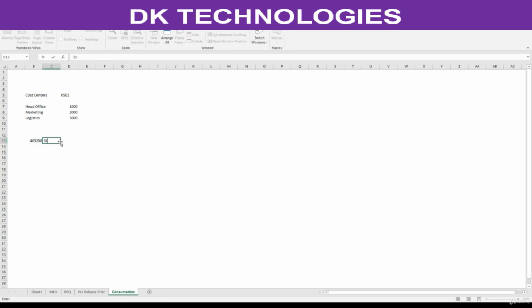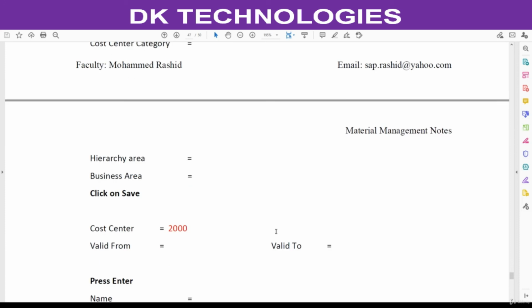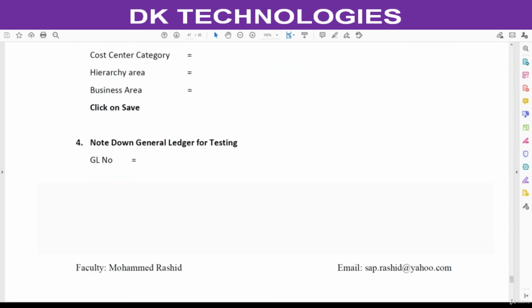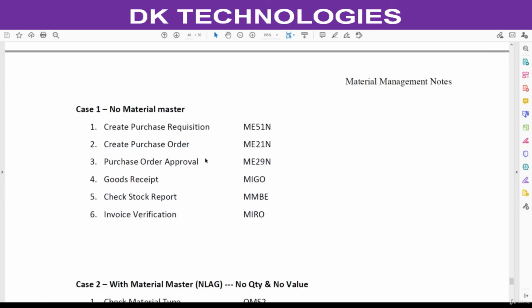This is stationery expenses. Take any GL. No need to take exactly 405200. So we have successfully completed the minimum required configuration and master data for testing. In the next session, we are going to test this scenario.